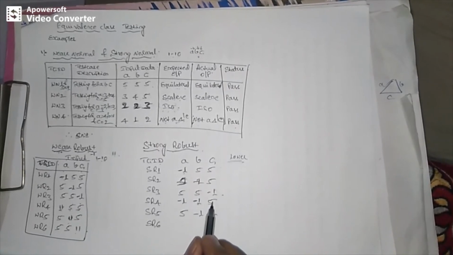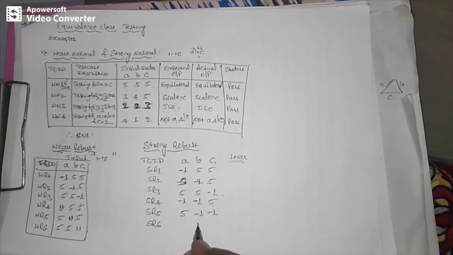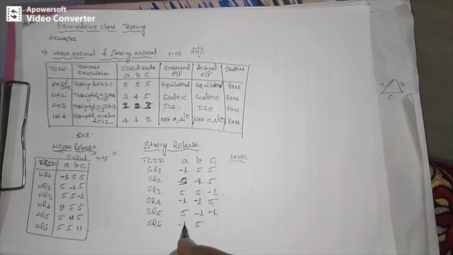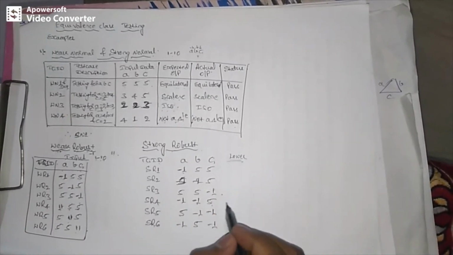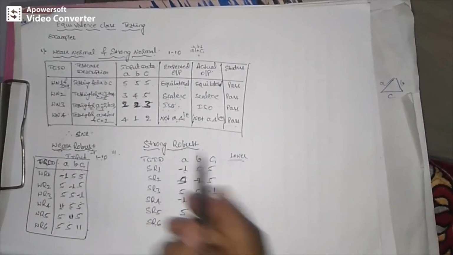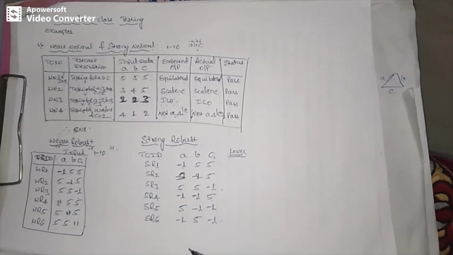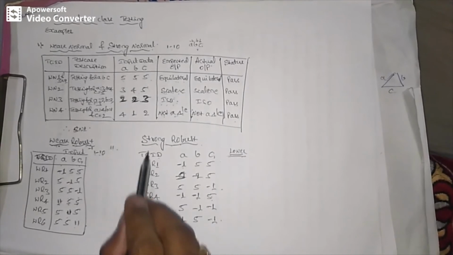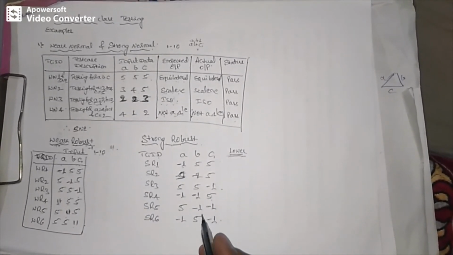Next is SR6, that is strong robust 6 test case. Now A and C are invalid, B is valid. Next turn B will be valid and the other two, A and C, will be invalid. This is how we can write the test cases for strong robust for lower corner. Similarly, you can also write the remaining test cases for strong robust under the upper corner, invalid input for upper corner.